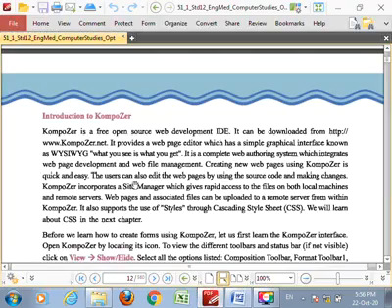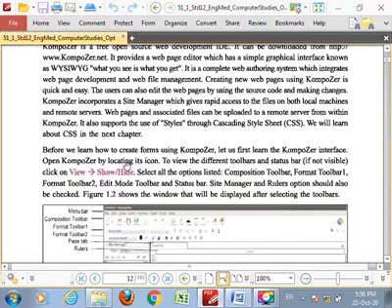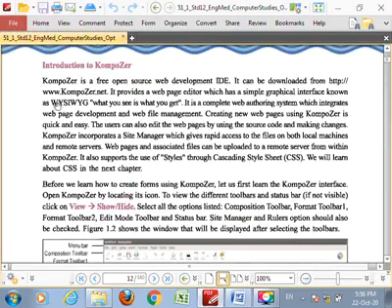Here, WYSIWYG means what you see is what you get. It means what you see, and you can add by clicking or dragging the concept.